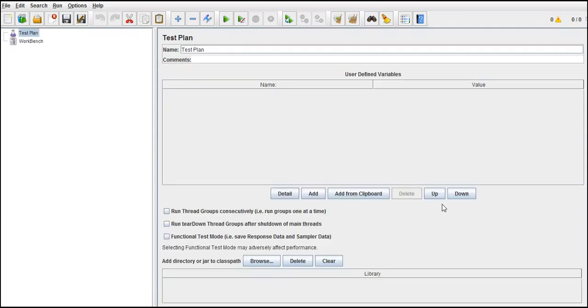Okay, in this lecture we will look into controllers. Basically controllers are nothing but a block, a block which consists of a set of requests. You can do whatever you want with the requests present in that block. For example, make a block, and if you want to run the requests present in the block 100 times continuously in a loop, you can do it.